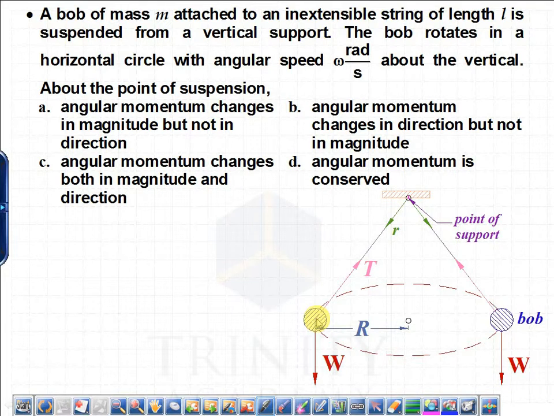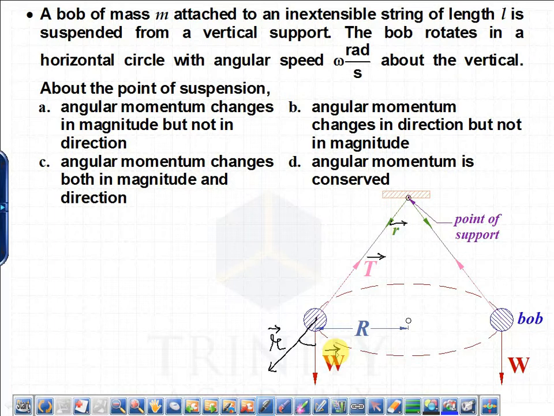Torque will be produced by the force. Here we can see that R is the position vector. The position vector and the tension force vector are on the same line, and hence the force of tension will not contribute to torque. But if we extend the position vector, then it can be extended like this, and we can see that the position vector makes a definite angle with the weight vector, and hence it will contribute to torque.